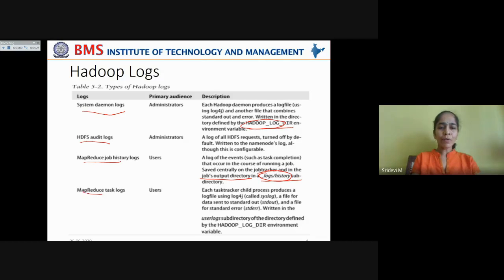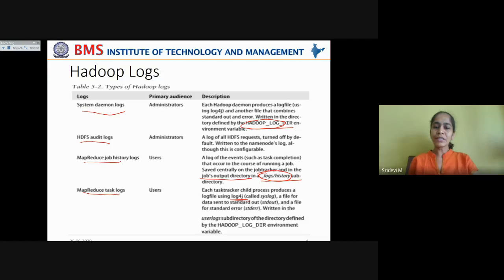Another type of log is the MapReduce task logs, and users would be interested in checking this information too. Each task tracker child process produces a log file using log4j, which is also called syslog, a file for data sent to standard output, and also a file for standard error.